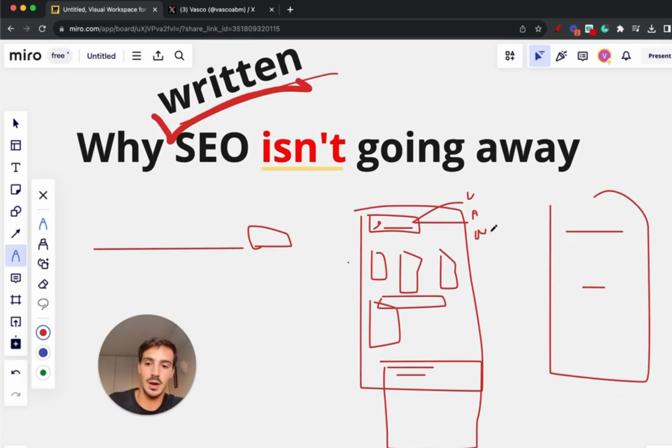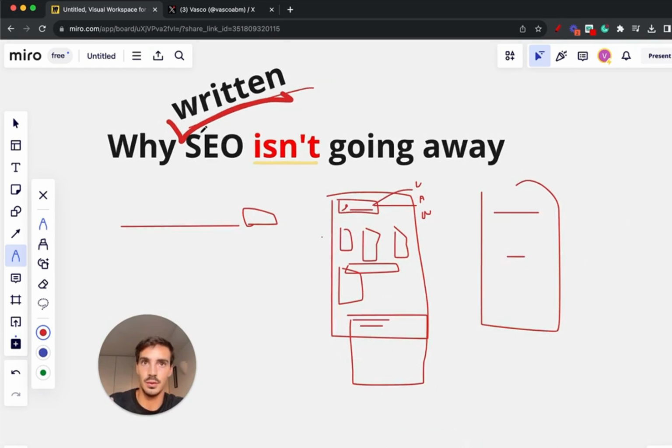However, the one thing I know is that people will never stop reading. So there's always going to be people to read whatever you wrote. And if people want to read, and as long as search engines are still around, which in my opinion aren't going anywhere anytime soon, because we as humans want to search for stuff, and whether the search engine is TikTok, Amazon, YouTube, a new platform that's born tomorrow, people are still going to search for stuff, and people are still going to read forever. So written SEO isn't going away anytime soon.